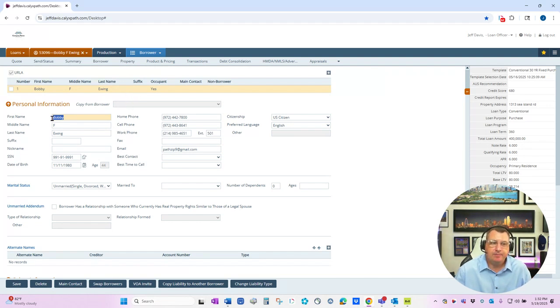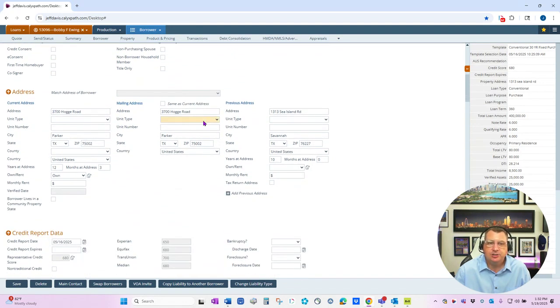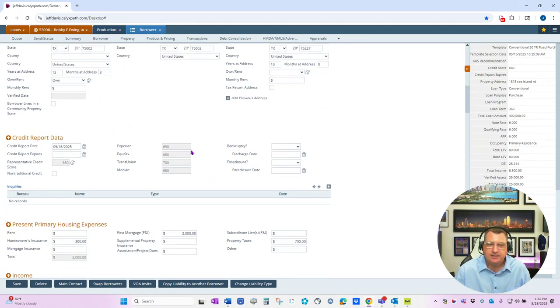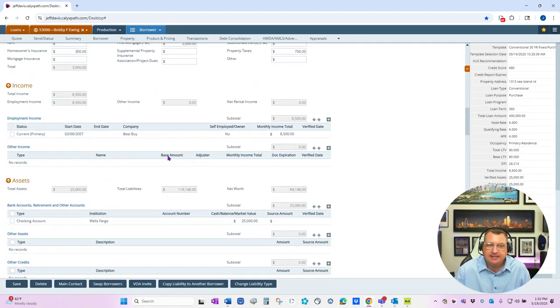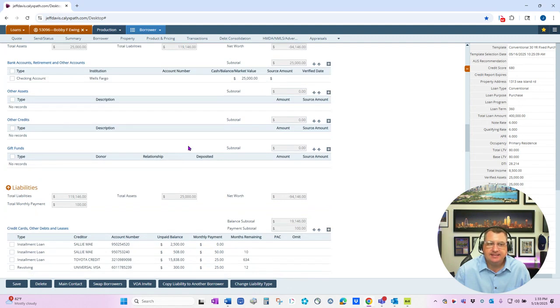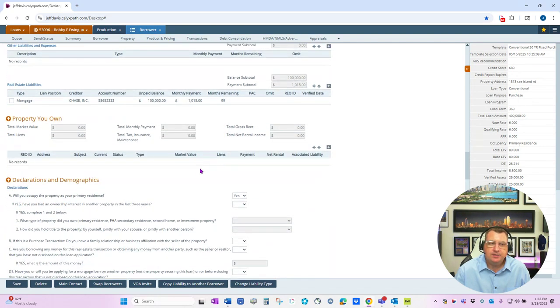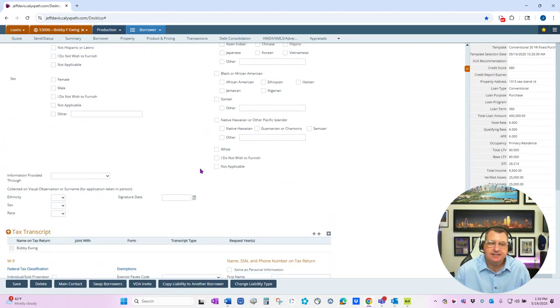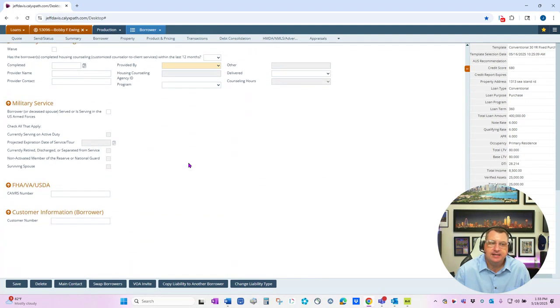So you're going to have your borrower personal information, their acknowledgments like credit consent, e-consent, current address, previous address, credit report data, their scores, their present housing expenses, their income, employment, assets, other assets, gift funds, liabilities, REO, declarations and demographics, tax transcripts, home buyer and counseling information, military service, everything related to the borrower,